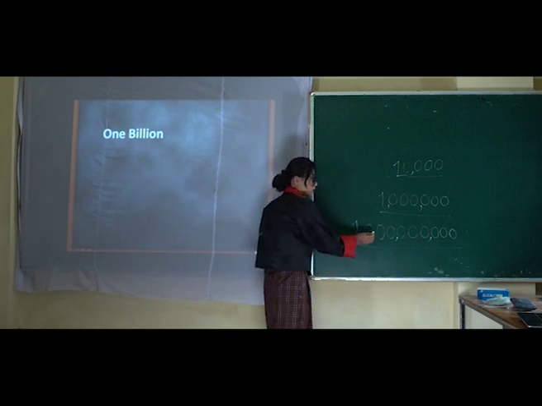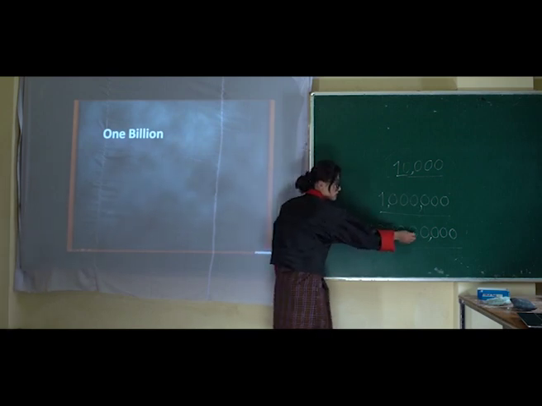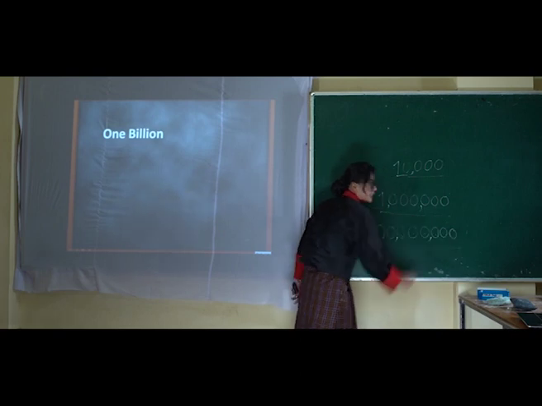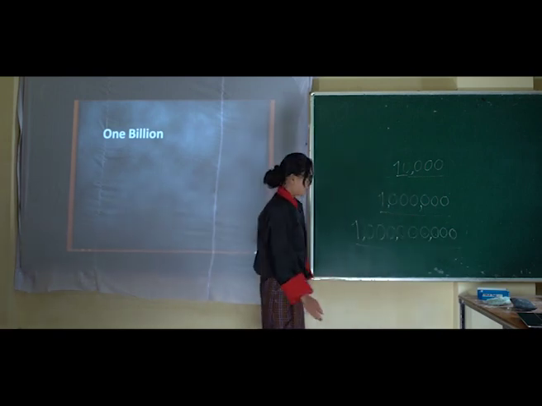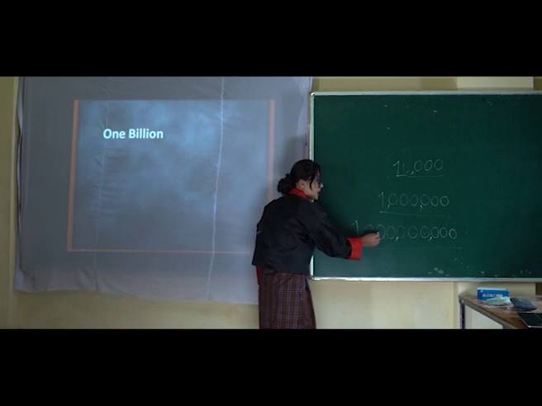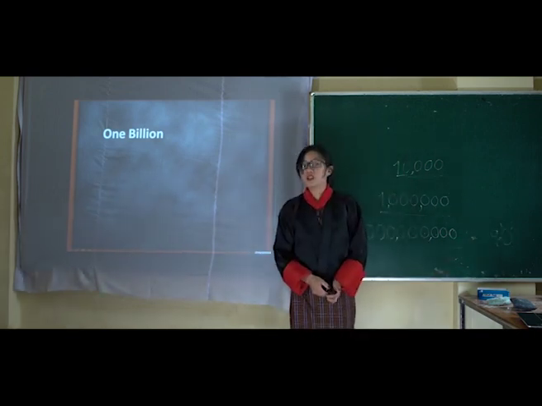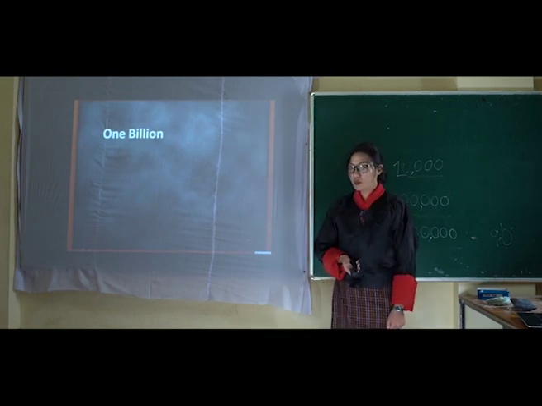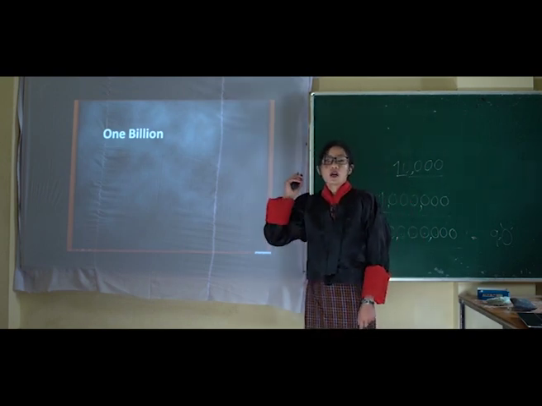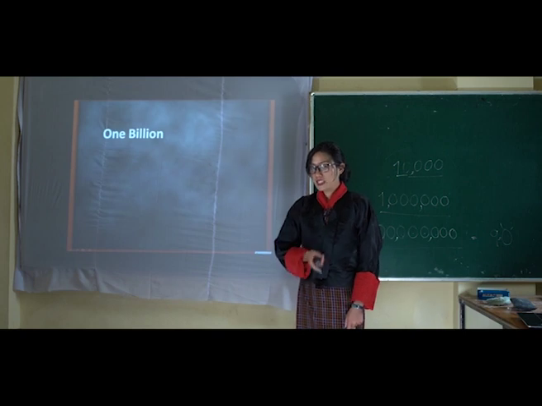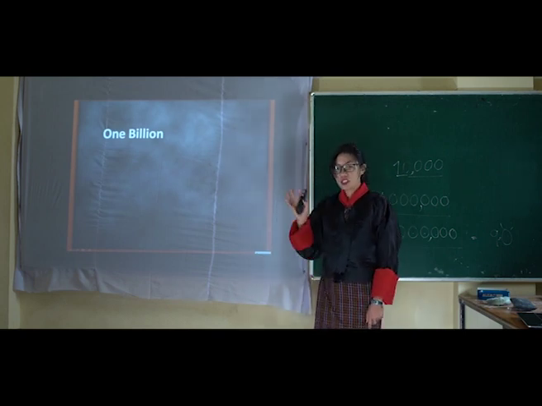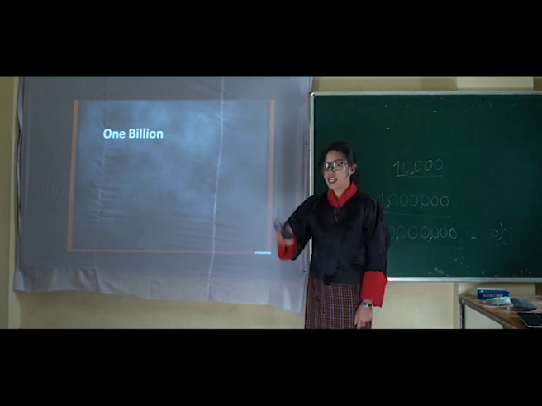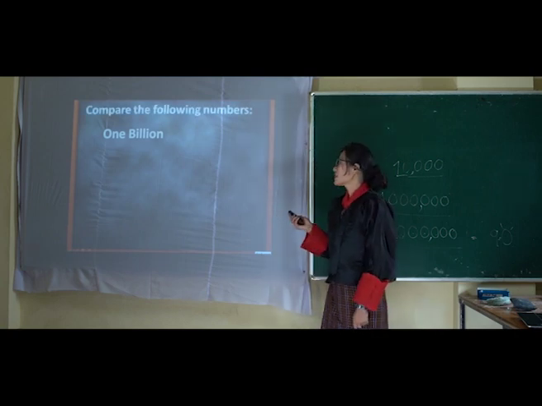1 billion is a 10-digit number. Let's count. 1, 2, 3, 4, 5, 6, 7, 8, 9, 10. It is a 10-digit number, and 1 billion has 9 zeros. I hope you understood this lesson clearly. Now that you have been introduced to 10,000s, millions, and billions, 5-digit numbers, 7-digit numbers, and 10-digit numbers, let's learn